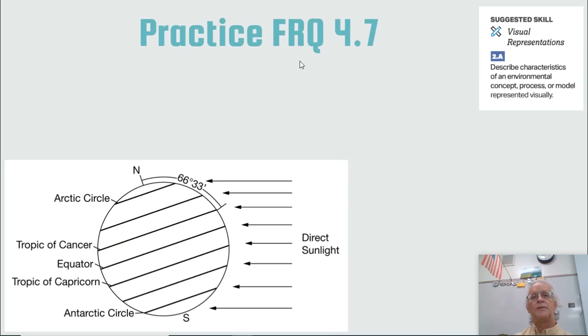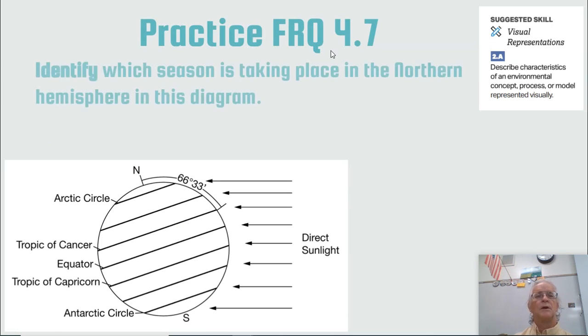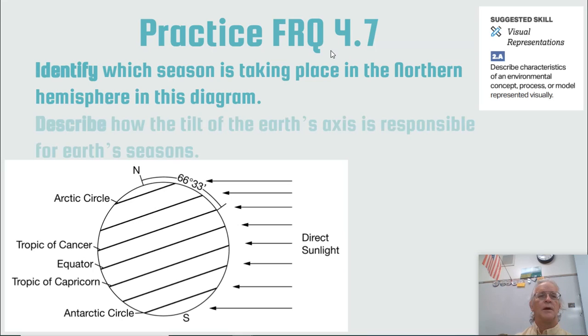So, FRQ 4.7. One, can you identify which season is taking place in the northern hemisphere in this diagram? And two, can you describe how the tilt of the Earth's axis is responsible for